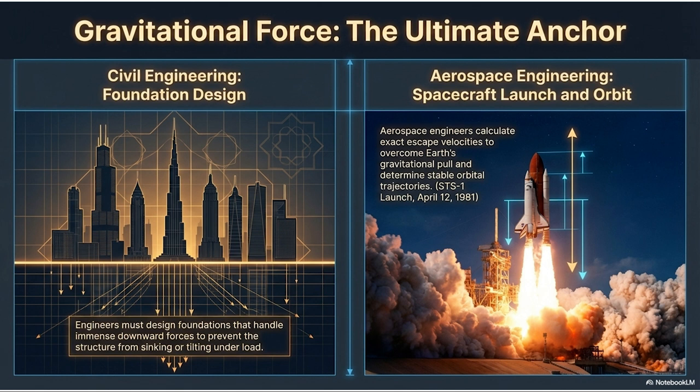Think about a massive city skyline, just skyscraper after skyscraper. Those buildings weigh hundreds of thousands of tons. Civil engineers have to design these deep, complex foundation systems just to handle those immense downward forces. Right, because without those foundations, a skyscraper would simply sink into the soil or tilt under its own massive load. Just disappear into the dirt. Exactly. The engineers are literally building giant subterranean hands of concrete and steel to push back upward against the Earth's gravitational pull. They are demanding equilibrium.